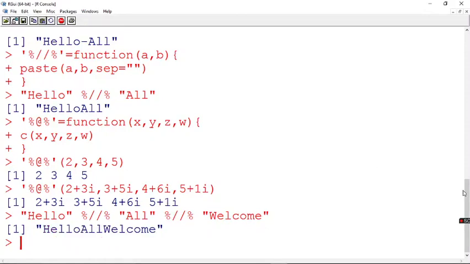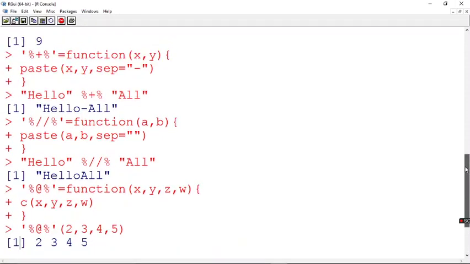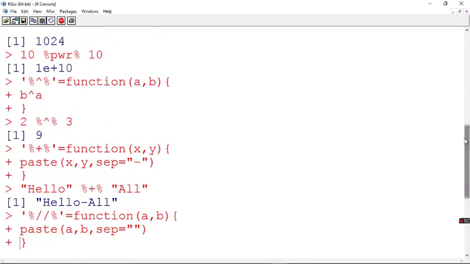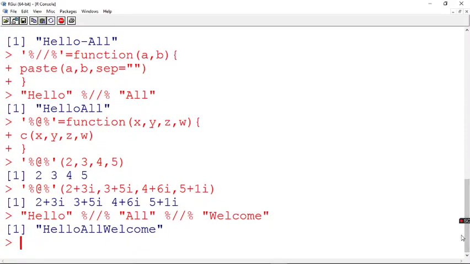The same thing you can also check out with the power. So what was the operator we created for power? Let us see. Maybe not this, I think the other one, which was this power. Let us check this. Now I say sum 2 power and I say 2 power 3.